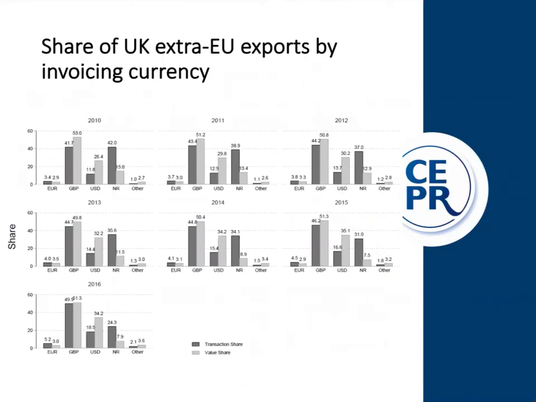And what we've done is we've just looked at, for all UK exports, what currency did British firms use for each transaction? Now, at HMRC, UK exporting firms must report the invoicing currency for all trade that goes to countries other than the European Union if they export at least £100,000 worth of goods in a single calendar year.